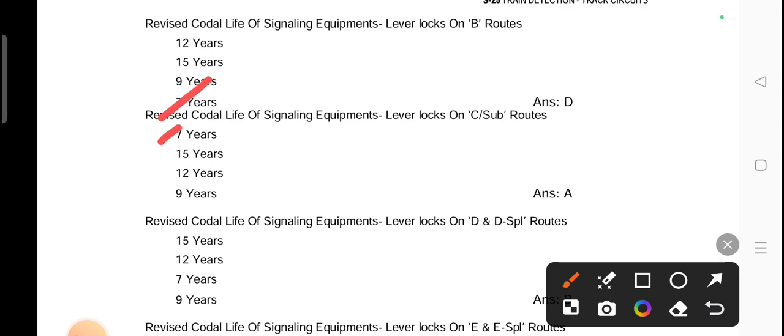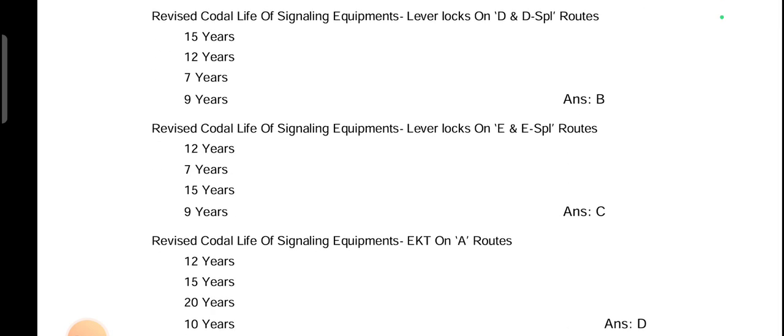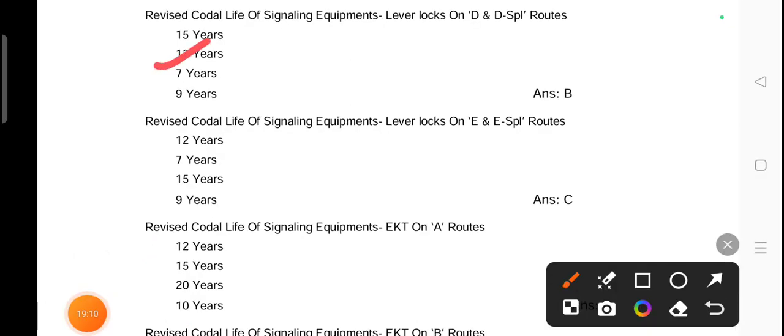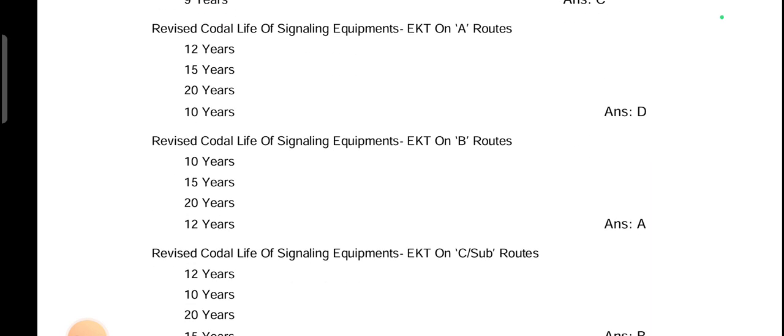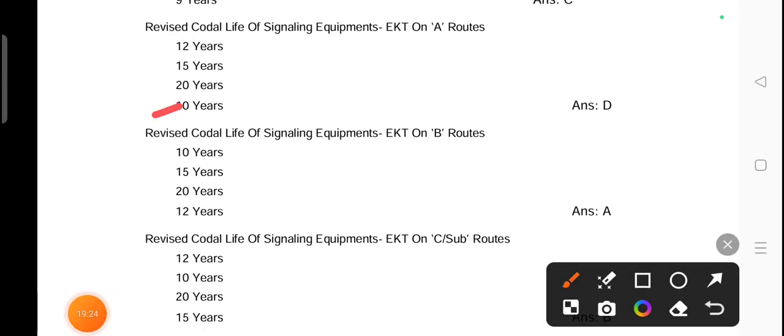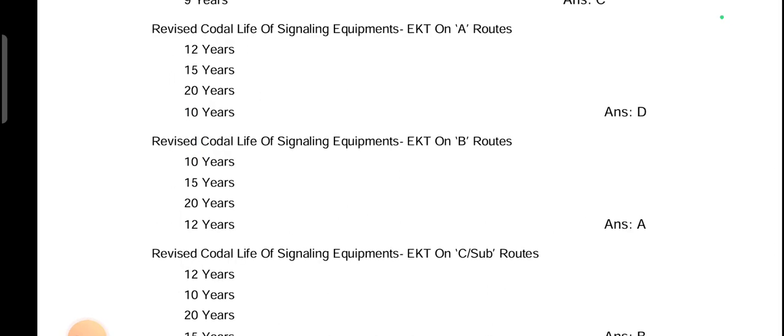Revised total life of signaling equipment, lever locks on D and D special routes, 12 years. Next, revised total life of signaling equipment, lever locks on E and E special routes, 15 years. Revised total life of signaling equipment, EKT on A routes, 10 years. Revised total life of signaling equipment, EKT on B routes, 10 years. Revised total life of signaling equipment, EKT on C or sub routes,